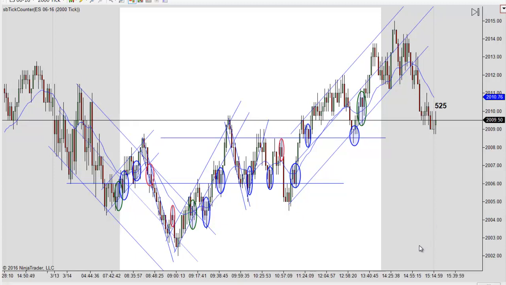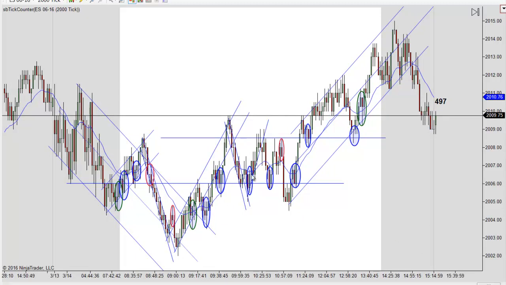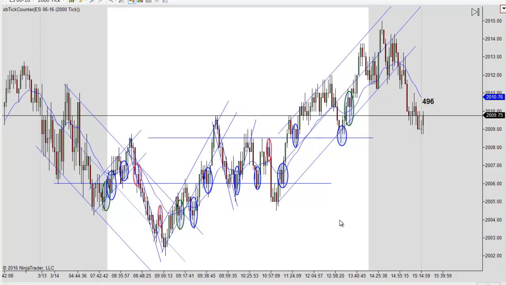But you have to see what's going on here. This might have been, especially when we start going sideways here, you got to quickly find the highs and lows of these ranges and play those highs and lows. Otherwise, you get caught in the middle here and you get in trouble because you don't have enough room to get out before you get back to the high or the low.